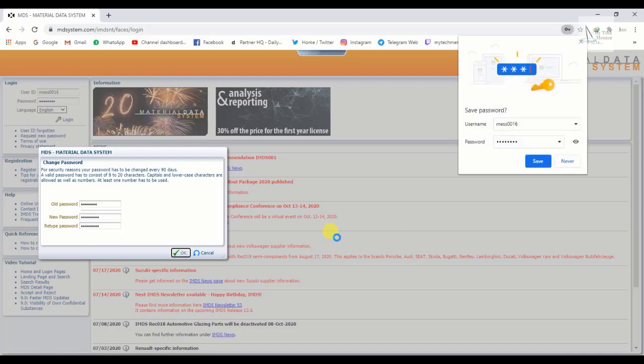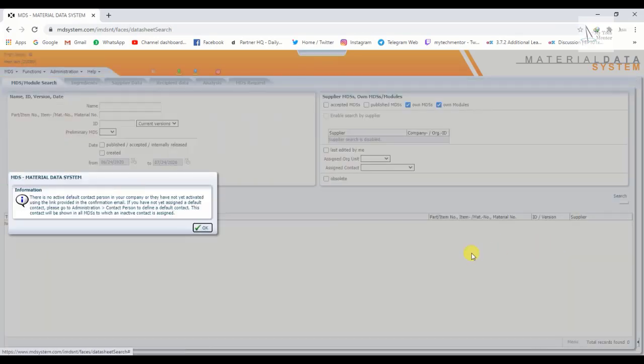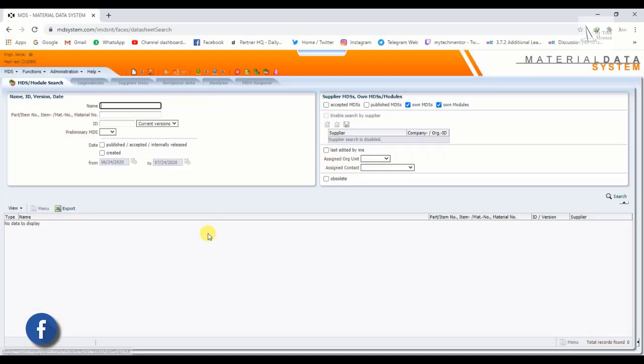The password is changed. There is no active default contact person in your company, or they have not yet activated using the link provided in the confirmation email. If you have not yet assigned a default contact person, go to administration, contact person to define a default contact. This contact will be shown in all IMDS to which an inactive contact is assigned. Click on OK.